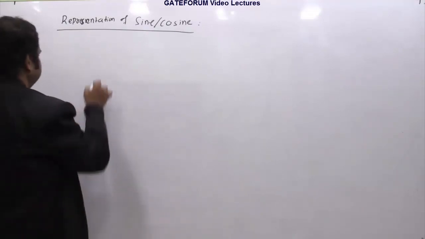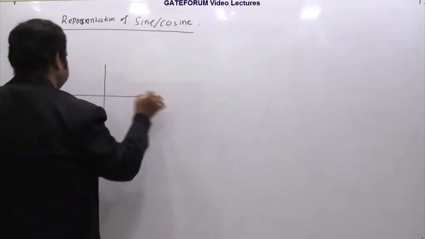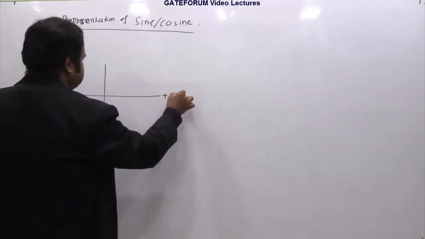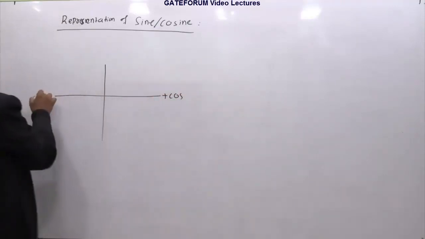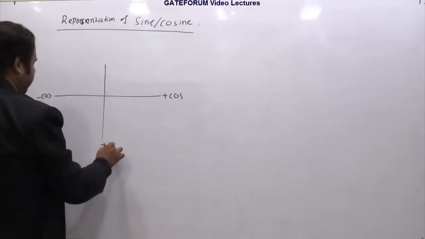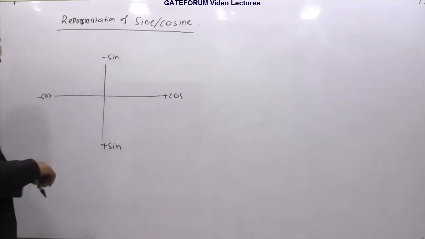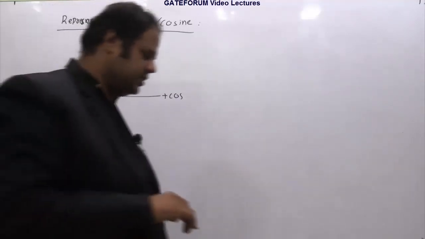What I'm doing is, I'm taking 4 axes. This axis is the positive cos axis and its opposite one is the negative cos axis. This is my positive sine axis and its opposite one is the negative sine axis. Okay, now suppose